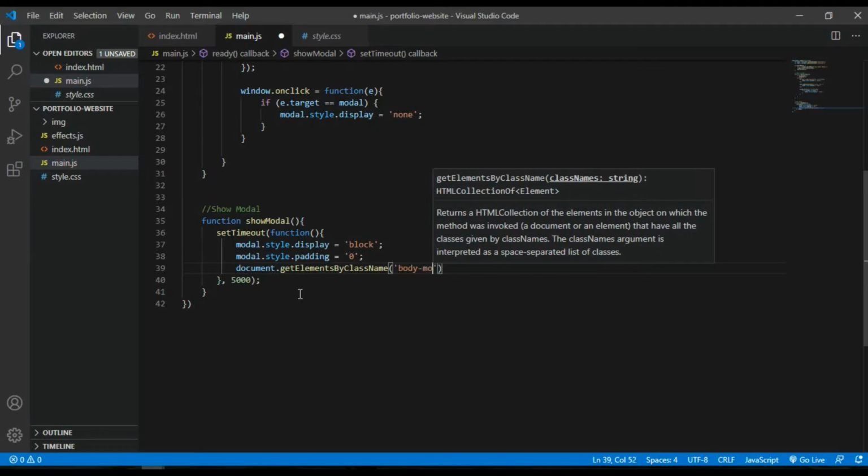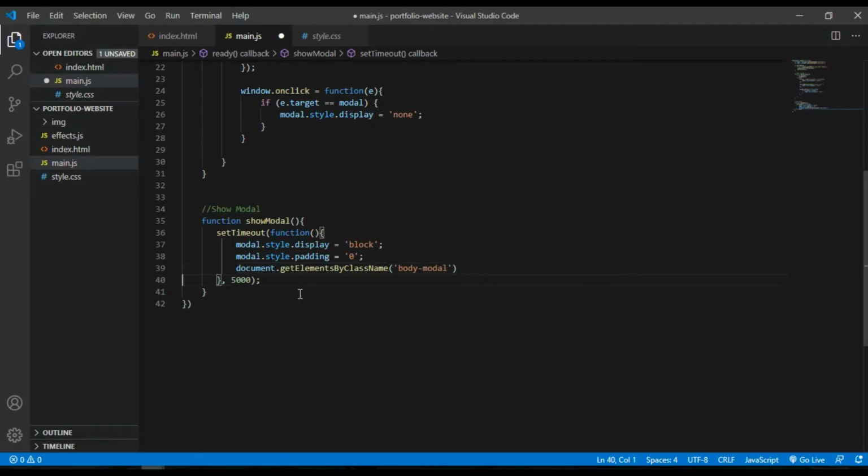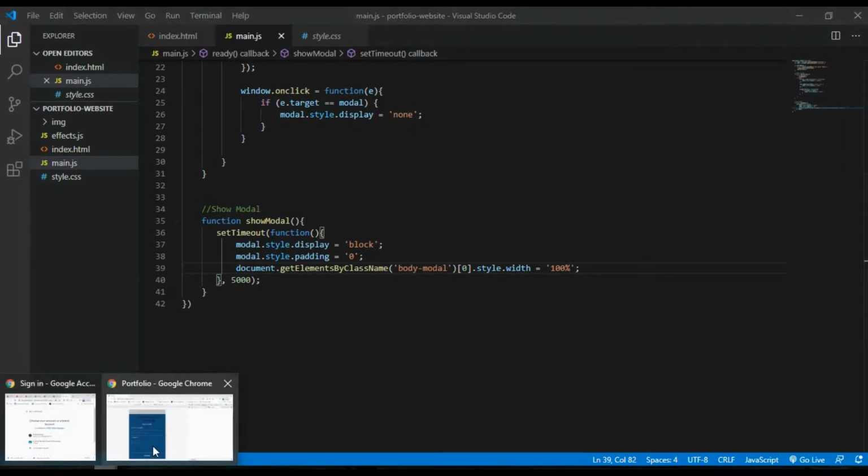I'm targeting the first element, so I do .style.width, and I set it to 100%.